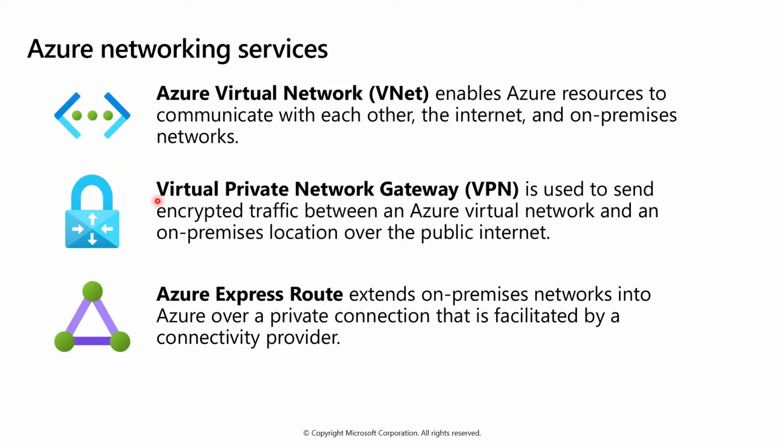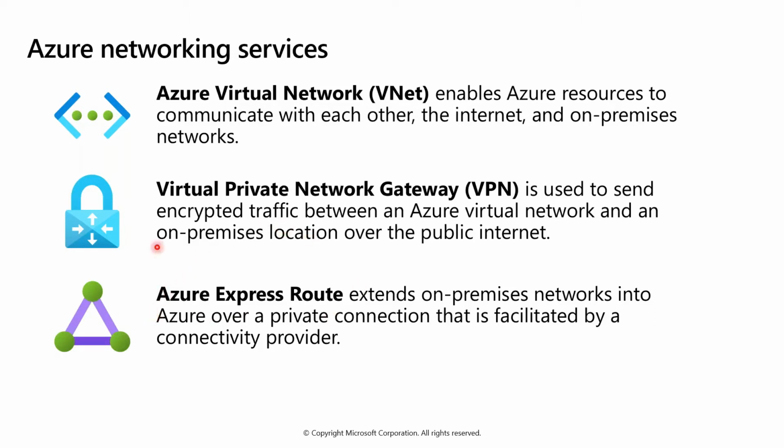Additionally, you can also create virtual private network gateways. So if you are looking for some VPN solutions, that is also there. Mostly your VPNs will send encrypted traffic from your on-premises network to the Azure virtual network. From your on-premises network, you are accessing your service through the internet only, but what you can do is at least encrypt that traffic through the virtual private network gateways or your VPNs.